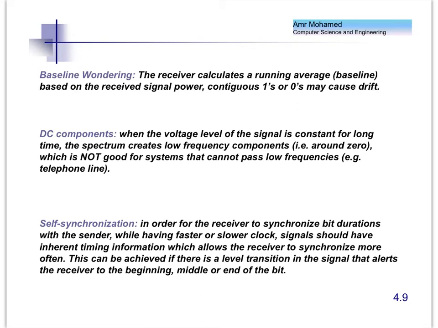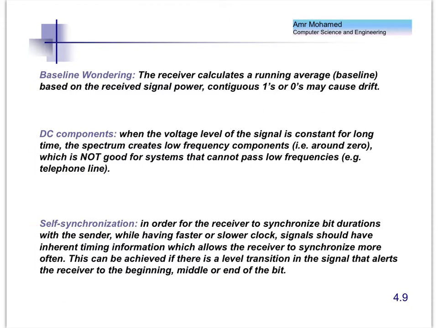So last time we started to talk about digital transmission. We said that digital transmission is when we actually convert the digital data to a digital signal and then we transmit it as is over the line. And we talked about these very important